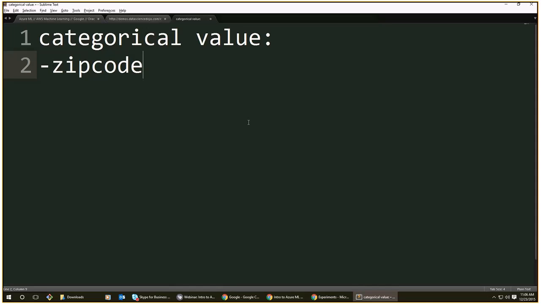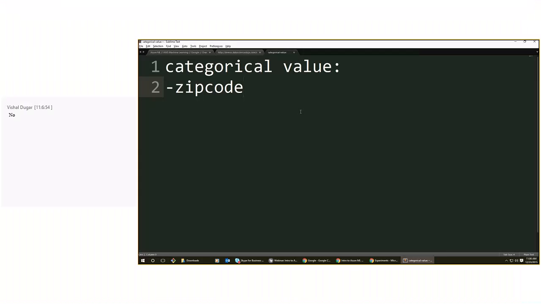All right. So if you look at zip code, should zip code be treated as a numeric value? Can we take the min of zip code? Can we take the max of zip code? Can we average it? All that good stuff. We probably wouldn't, because a zip code is more or less a placeholder. It's a distinct value. It's what's called a categorical value. So a good example to test whether or not something's categorical is can we evenly put it into one bin